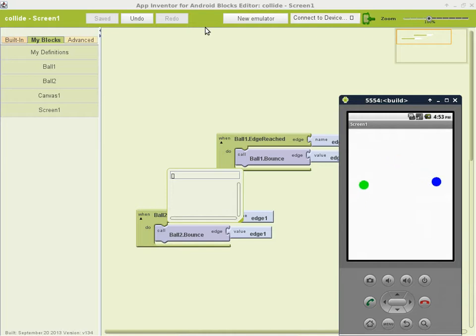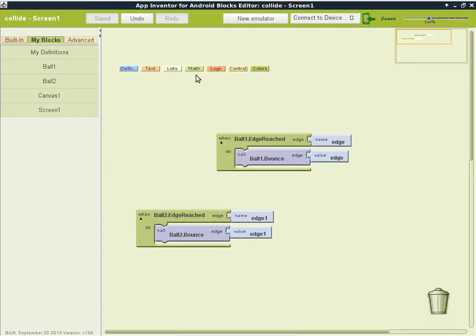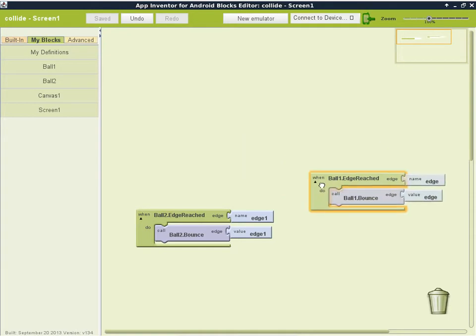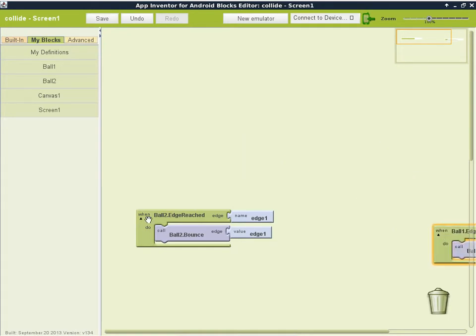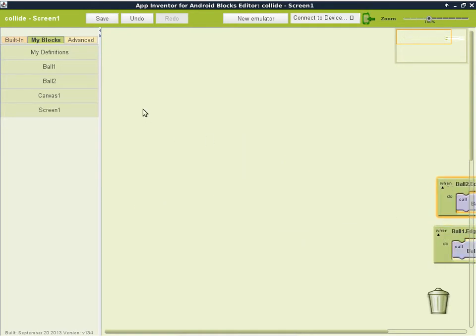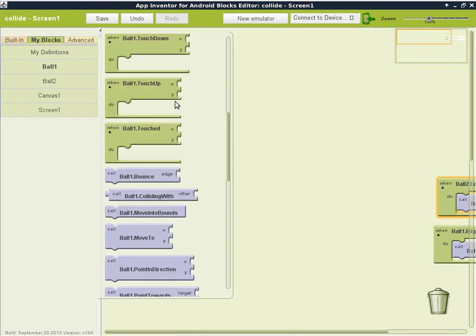So what we'll do next is to say, maybe we should do something when the two balls hit or collide, or when they touch each other. We'll see what's going to happen when they touch each other, and what else we can do about sprites colliding. So these two we're going to put to the side because we are not going to focus on these. We'll go to ball one here,